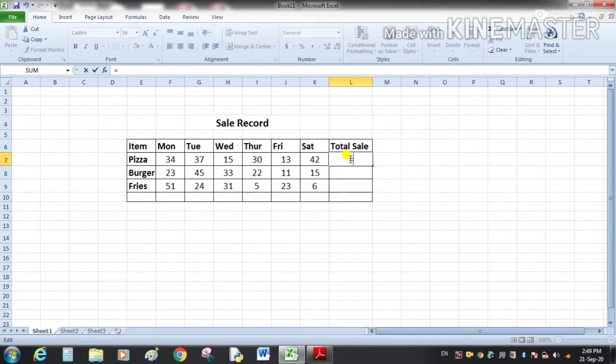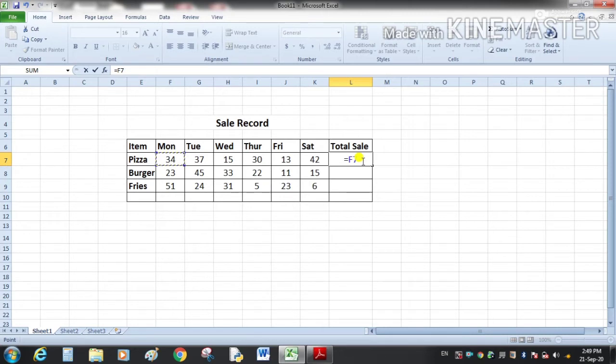I want to perform the sum of these values, so I will select these cells one by one. Now when I click here, you can see F7. F7 is the address of this cell. This is column F and the row number is 7.